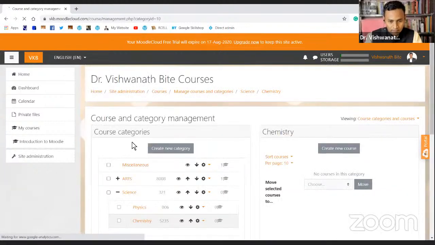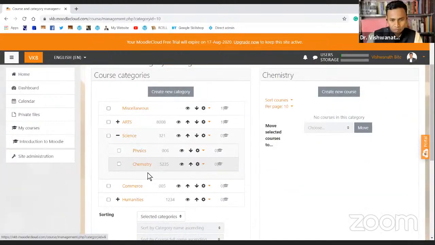Okay, so we have created these two categories. Physics was already there, chemistry we have created, and now if I want to create a course in chemistry or in any category, this is the way. I hope you understood the idea. And now if I click on create new course, then from here we can create our new course.